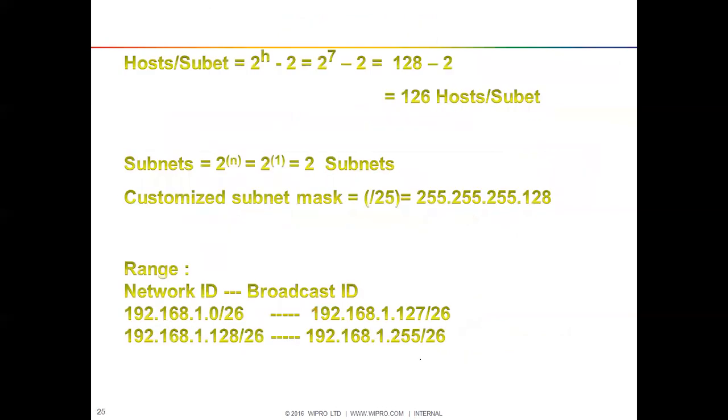So that is how we get the host per subnet, 126, our slash 25, and our networks. The network increment is 128, right? So we write 192.168.1.0, and the next one we write 128. Just before that IP address will be the broadcast of this network, the last IP address. Like this you split one network into two different networks.